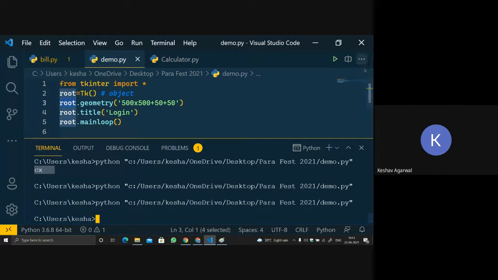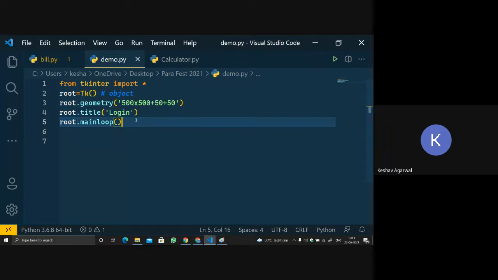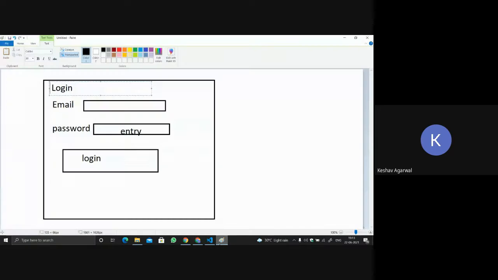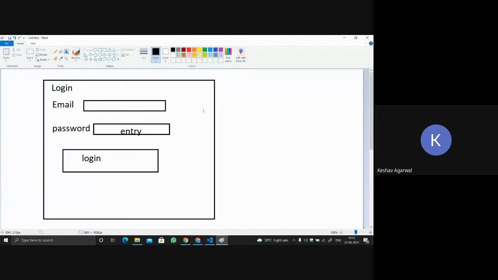So now what we will do? Let's move it down. Let's have an enter. So first, let's initialize the variables. Coming to this part, what are the two variables that we need? Email and password. Correct.